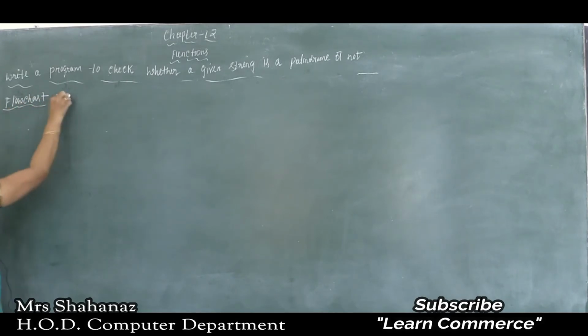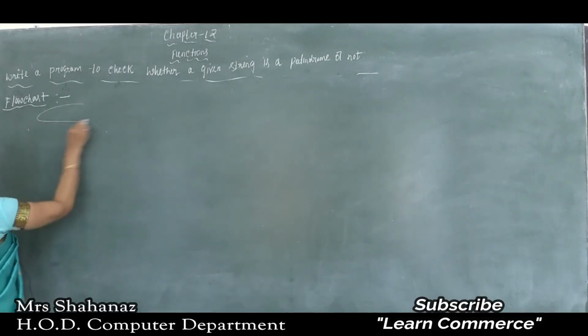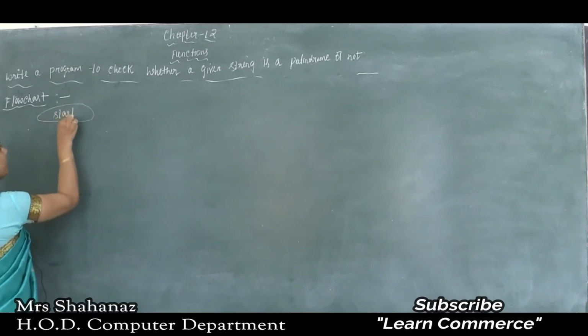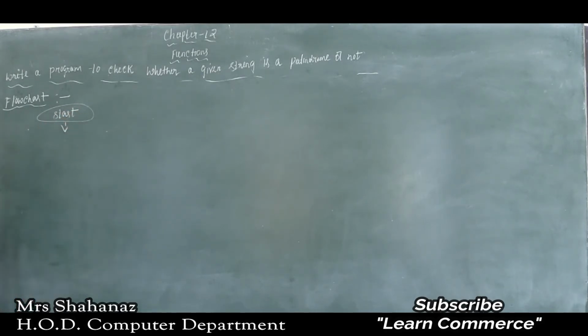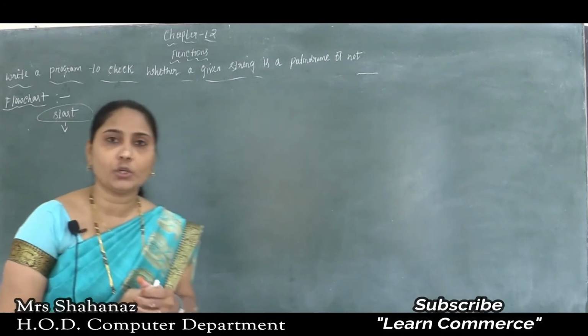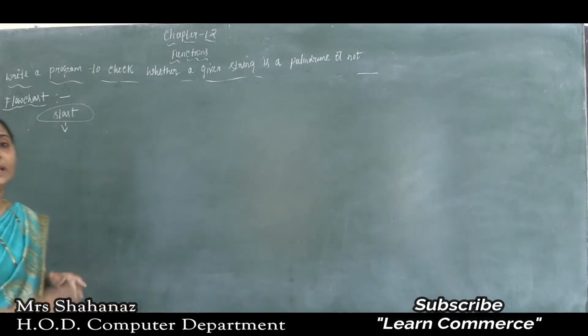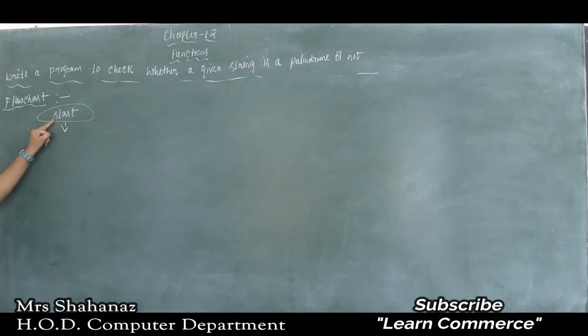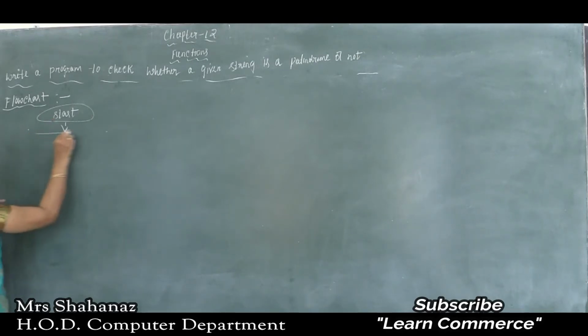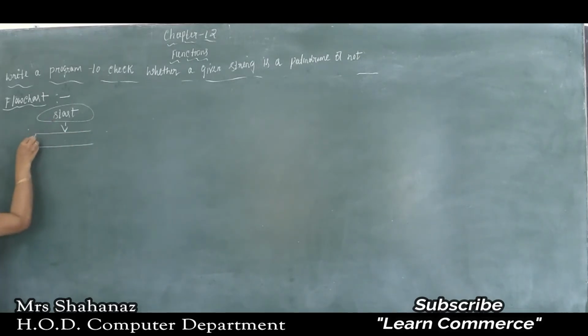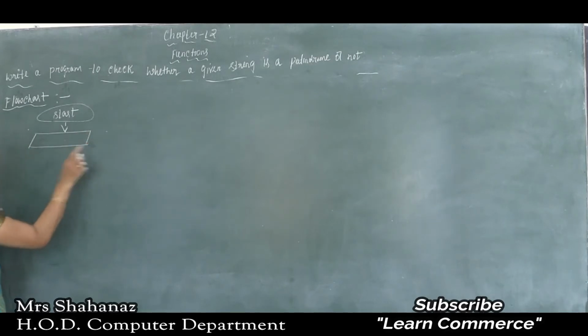So what about the flow chart? As we know, the first thing is going to start by using the terminal symbol, that is our start. Correct? The start here, and later the next, second thing. Whatever steps I used in our solution, the same thing I am going to use in the flow chart. So first of all, I started by using read a string, correct? Now in this case, read a string, and later the next one, I inputted the string into the computer, through the keyboard.